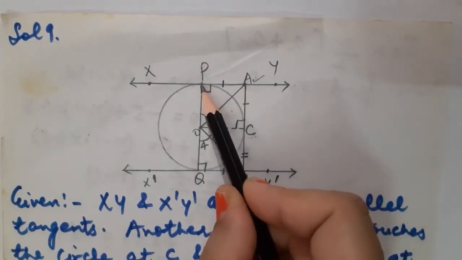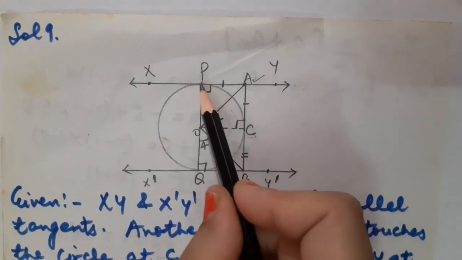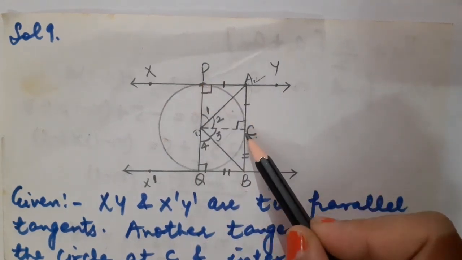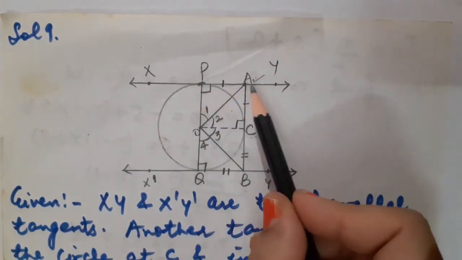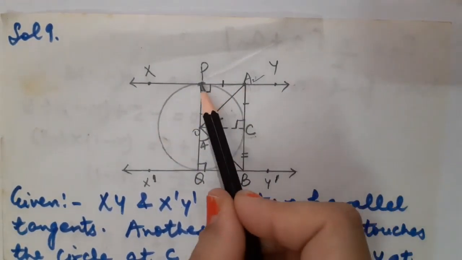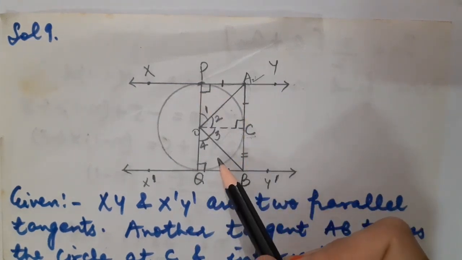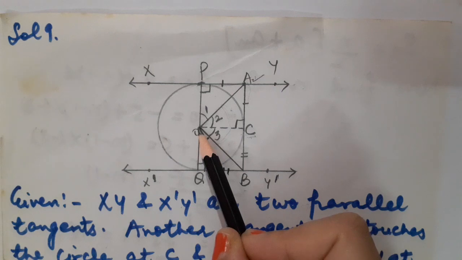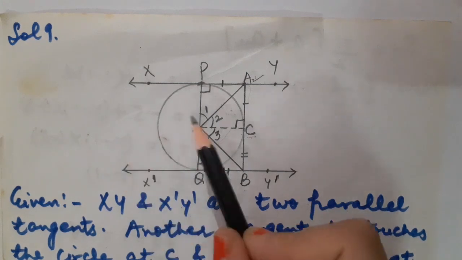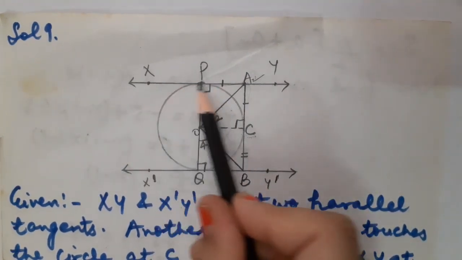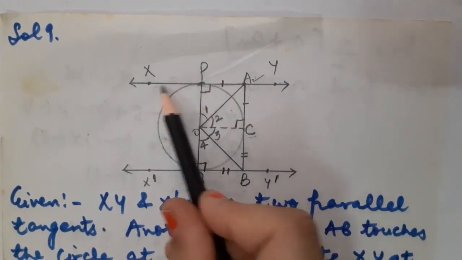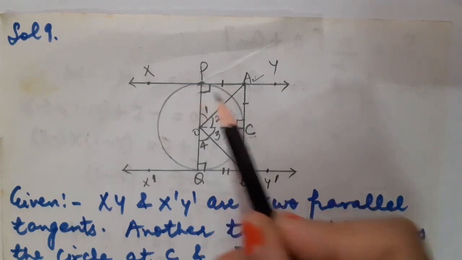One is AP, because I have to take the length of the tangent till the point of contact. This I have told you many times. And AC. So whenever there are two tangents drawn from an external point to the same circle, they are always equal. So can I say that AP is equal to AC? Fine. Now from this center point, you know this OP must be perpendicular to XY. Why? Because OP is a radius and XY is a tangent. So we know that the radius is perpendicular to the tangent. So this angle must be 90 degrees.